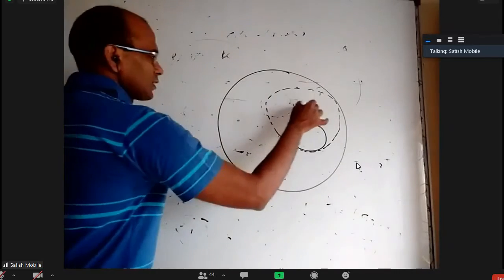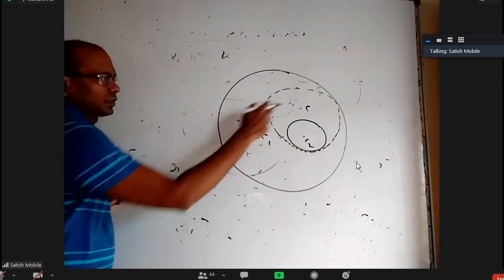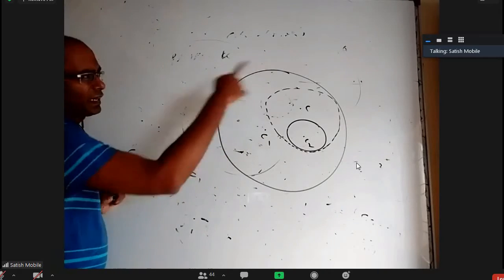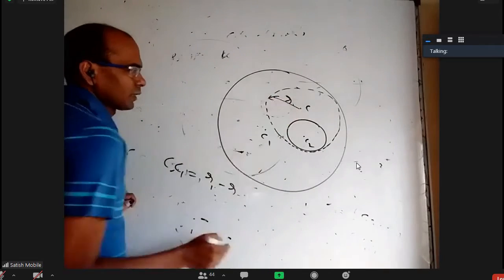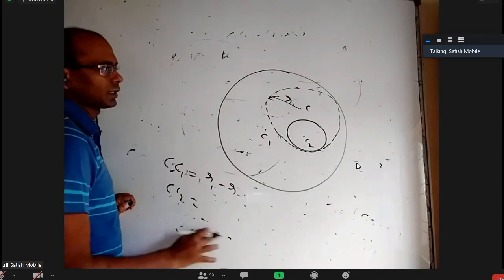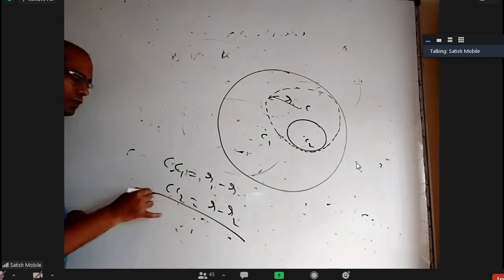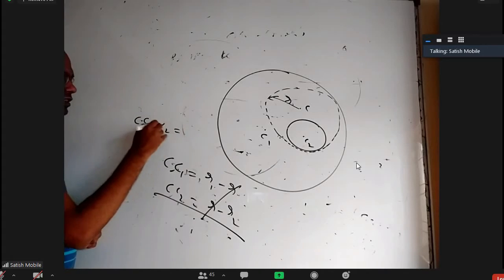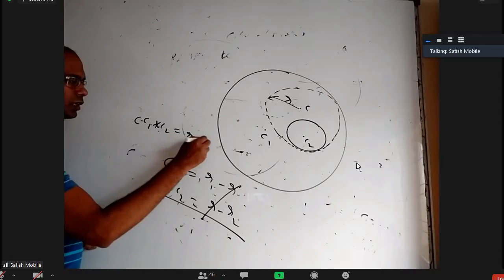If we take that center as C, this center as C1, this center as C2, these two are touching internally, so CC1, bigger radius is R1 and smaller radius is R, this variable radius is R. And because these two are touching also internally, CC2, bigger radius is R, smaller radius is R2, so it will be R minus R2. Again, I have to add them only. R will cancel. CC1 plus CC2 is not R1 plus R2. Earlier I got that, but now I got R1 minus R2.